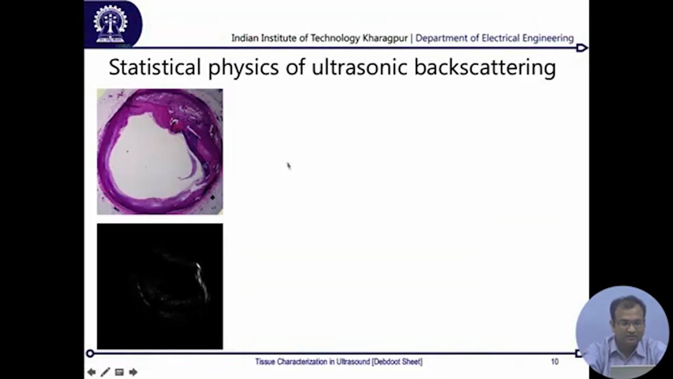So that is where we start, by defining the statistical physics of ultrasonic backscattering. Now what we did for our work was quite simple. We had histologies because it was done in vitro. So that means that you have